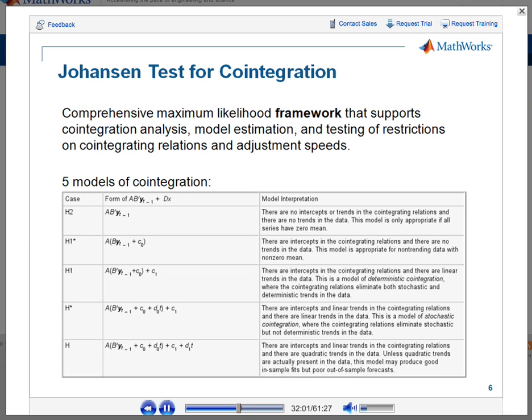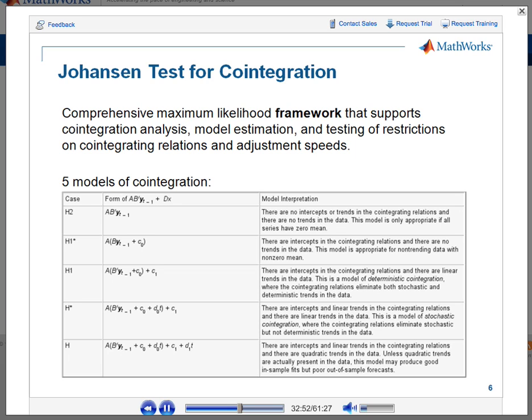Actually, calling this a test is somewhat misleading because this is really more of a framework. This is something that has been developed by Søren Johansen. It's a whole framework for testing for co-integration, estimating coefficients in an error correction model, and even then testing hypotheses about the co-integrating vectors and the adjustment speeds. Johansen developed this framework where you can do all of this in the same setting, test for multiple co-integrating relationships all at once at the same time, basically make up for all of the shortcomings of the Engle-Granger test and do a lot more. So we also have a Johansen test, a couple of Johansen tests in the Econometrics Toolbox,